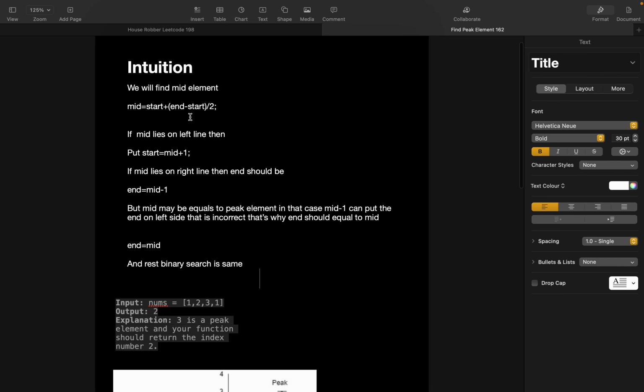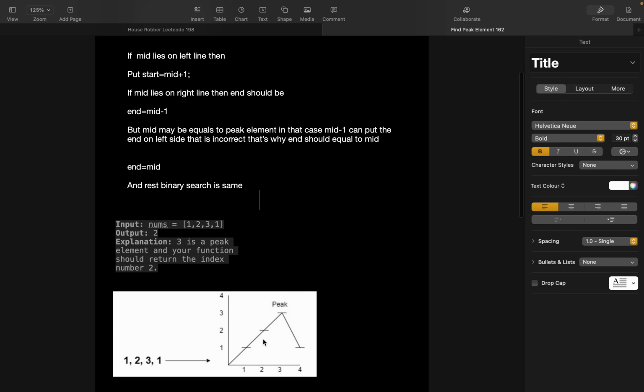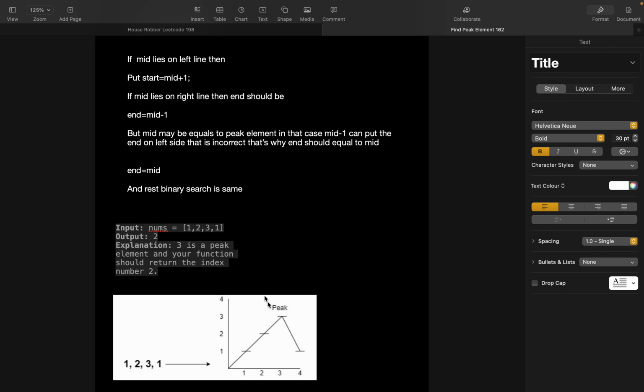So we can find the mid. If mid lies in the left part, then we have to do start equals mid plus 1, because if mid is in this part, then the peak element is forward from this line. In the other case, if mid lies in this line, then we have to do end equals mid, not mid minus 1.